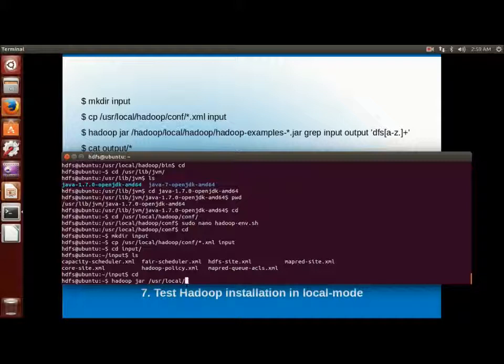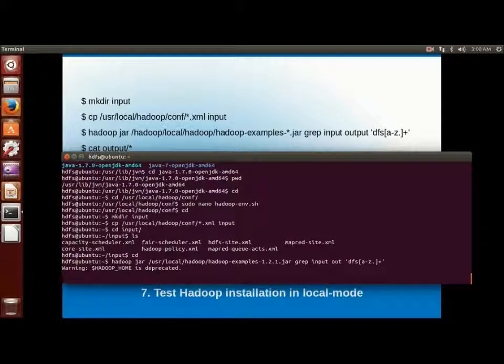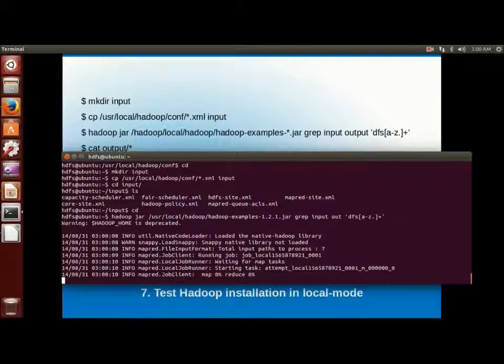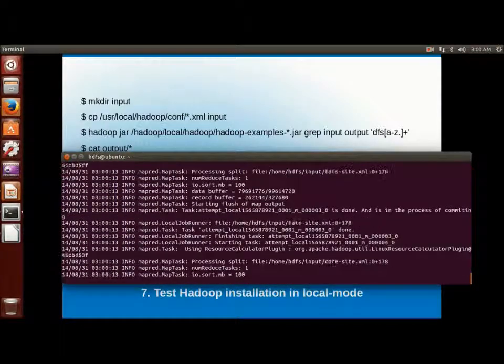So I'm giving the absolute path to the jar file, so /user/local Hadoop examples 1.2.1.jar. grep is a command, which has the code in that examples.jar, so that in detail will be discussed when we discuss MapReduce programs. Okay, and out is the output directory to where this program has to store the output, and then the regular expression pattern,